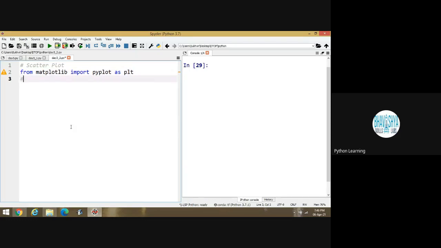You can write like this, or you can write like this: import matplotlib dot pyplot as plt. It's one and the same thing.